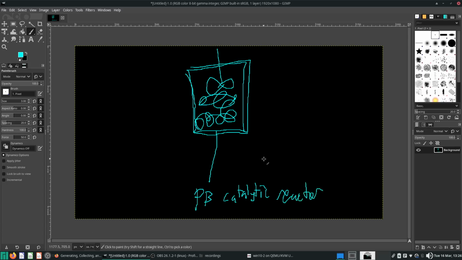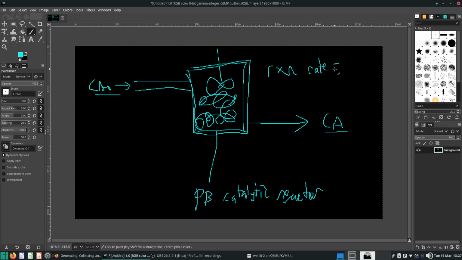So you have some chemical going in at Ca0, and some chemical going out at Ca. Whatever concentration it is, I don't know whatever reaction it is. However, the reaction rate equals some function of temperature at a constant flow rate. Of course, if your reaction rate is some function of temperature,